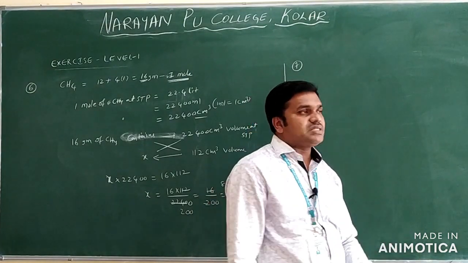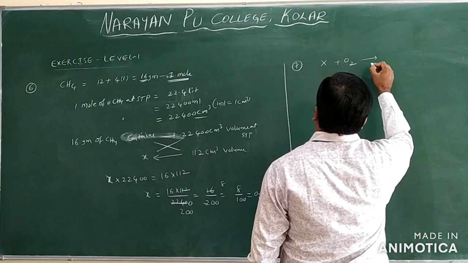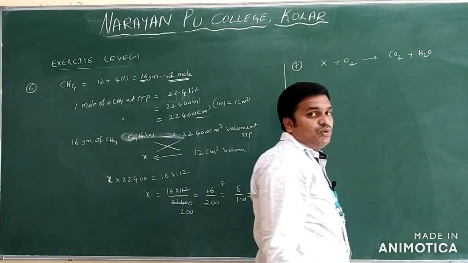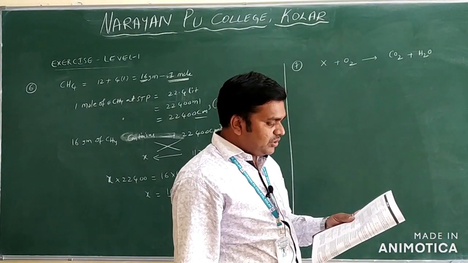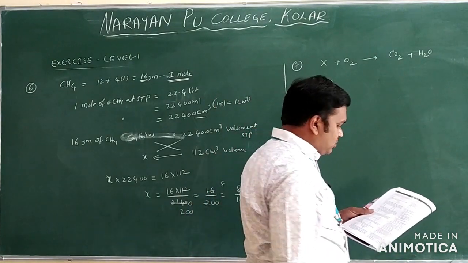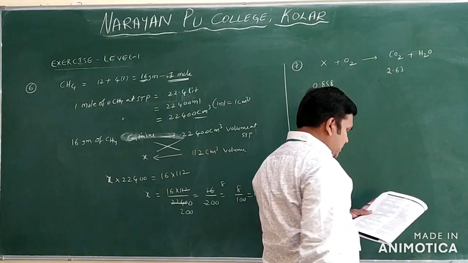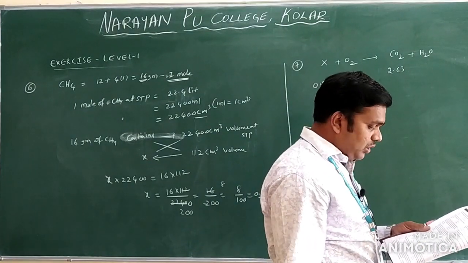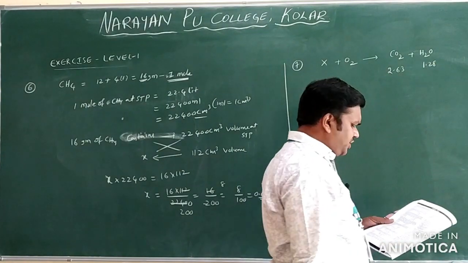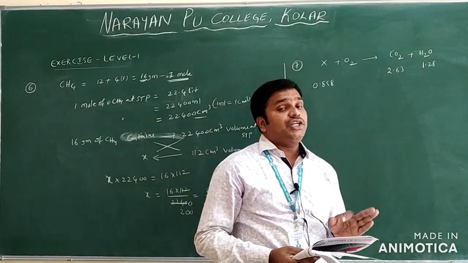1.28 grams. Now you will see X is a compound which on complete combustion, means with oxygen, will produce CO2 plus H2O only. The weight of the compound is given, that is 0.858, and CO2 is 2.63, and one more value, H2O. I already told you to change that value into 1.28 only. Now they are asking the least molecular mass of X, meaning you want to find the X weight.